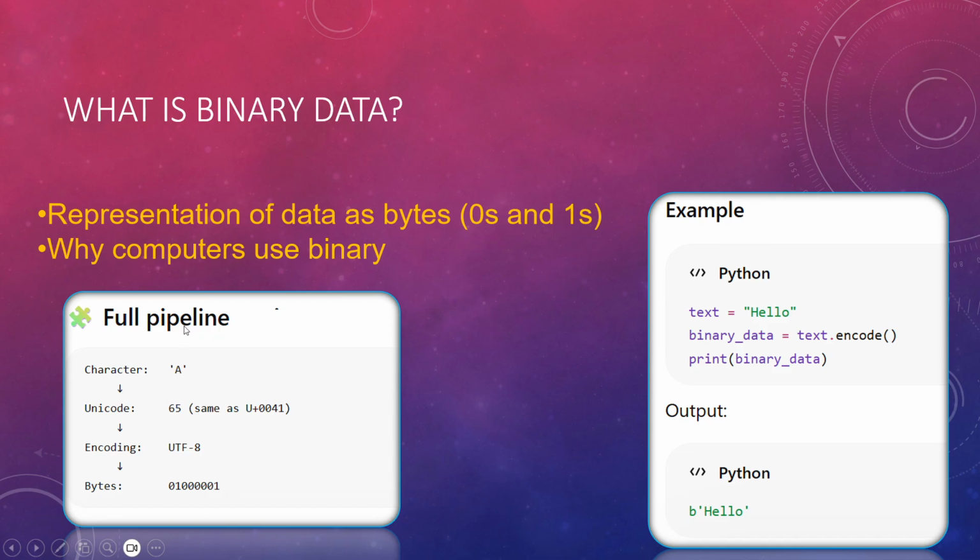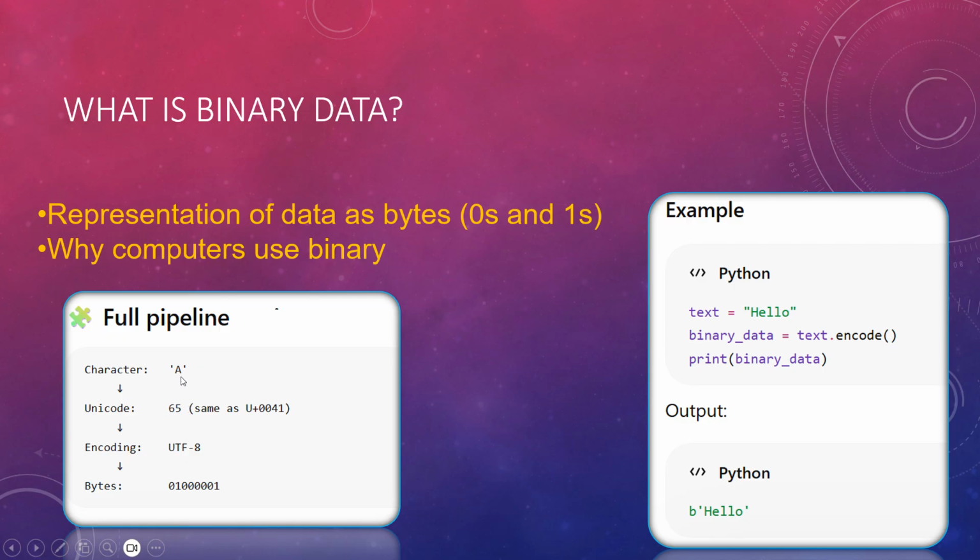Now here, if you see text hello, text.encode. What is this encode? Basically in computers, when we have a character, there are layers until you go to the memory object, that is this bytes, right? Whenever we see an A, character A, humans understand this A. If I tell you Unicode 65, you won't understand anything, right? We want to make things easier for us. But when we say Unicode 65, this is a unique ID, a numerical value representing character A in our computer.